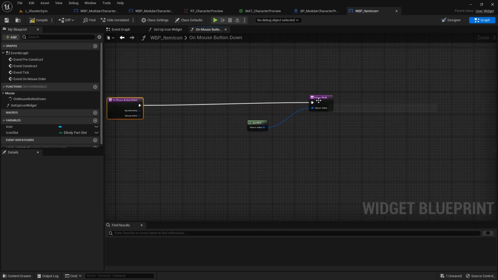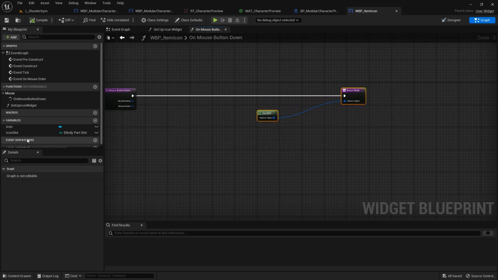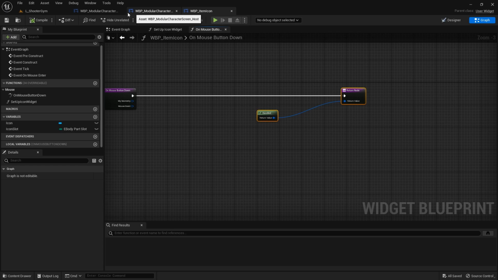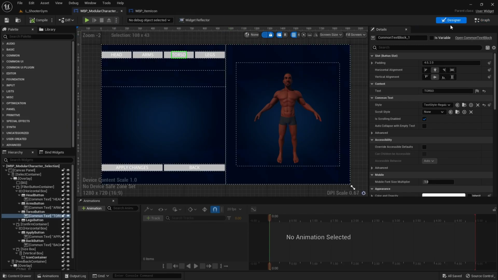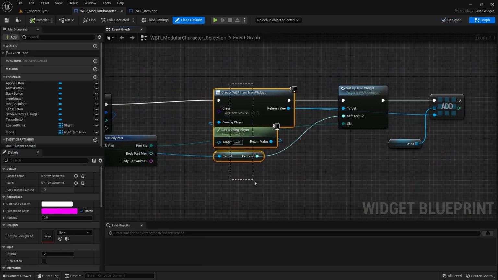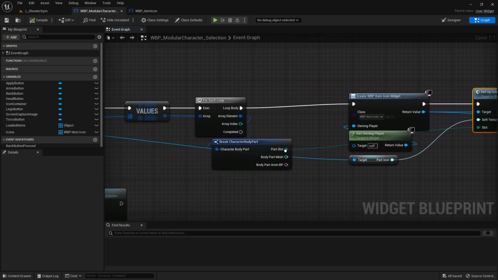And inside of here, when the mouse button is down, there's a couple ways we can do this, because basically right now this icon only knows about the icon widget and the icon slot, but we don't actually know any real data here. So whenever we set this icon up, I might pass it the data that we might need to pass on to the character. So I'm gonna go back to this and I'm gonna close some of these things so that they're not in my way. I'm gonna go back to this character selection screen, go to this graph, and whenever we set up our widget here, or our icon widget, here I need to probably pass it